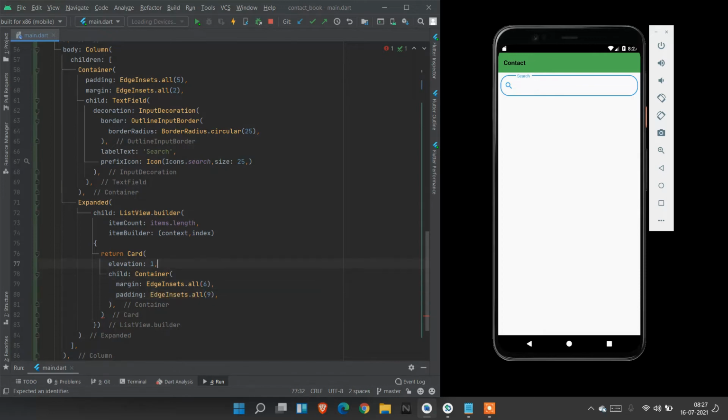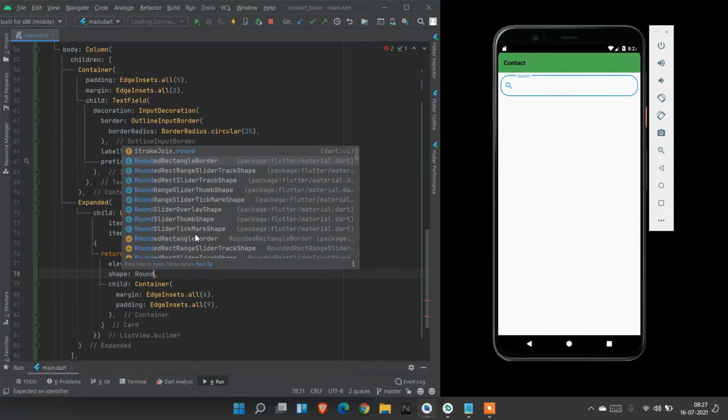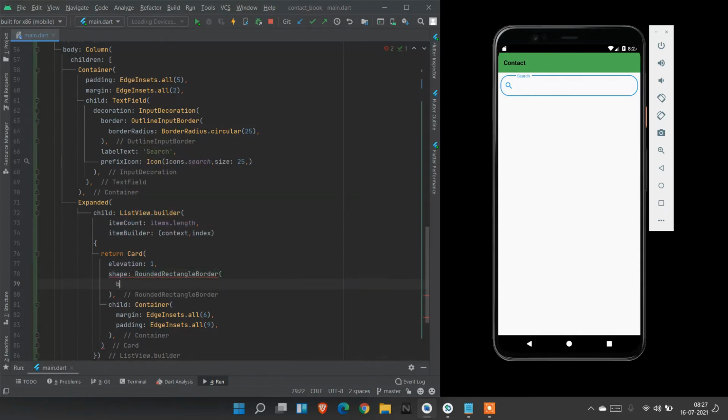We can design this card shape, RoundedRectangleBorder, inside that borderRadius, BorderRadius.circular to be 25.